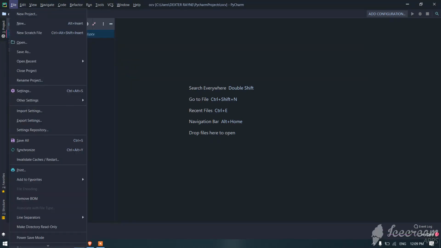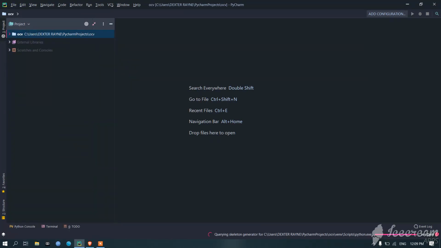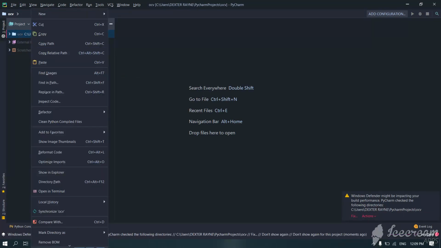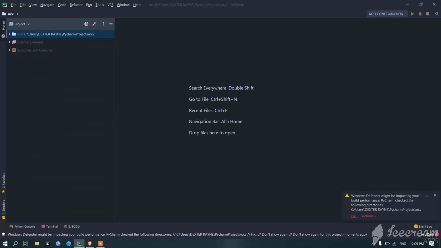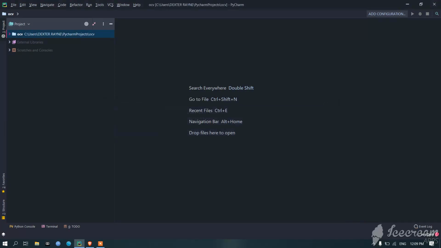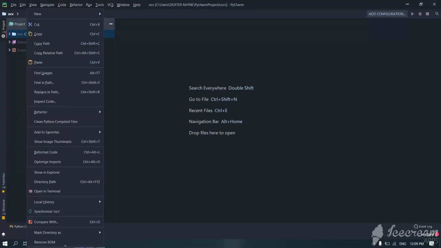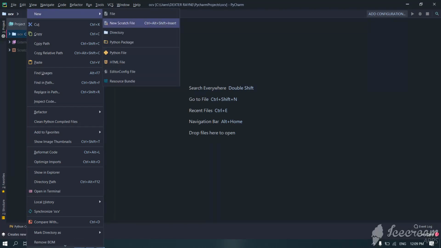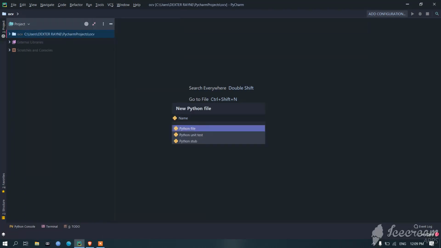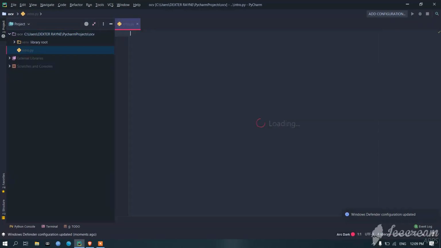Okay, so now our project is created. One minute, let me fix this. Okay, configure automatically. Okay, yes. Now right click on OCV and go to New and create a Python file, a new Python file, and name this Python file anything. I will name it intro. And after I have created this file intro, I will try to import CV2.